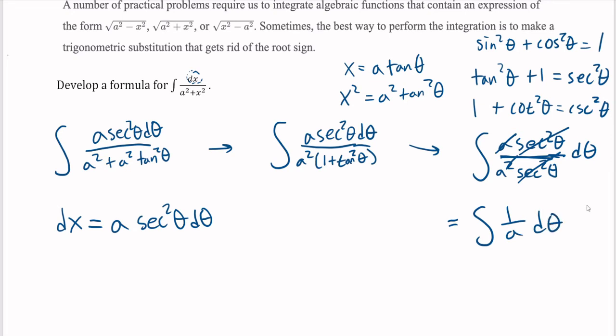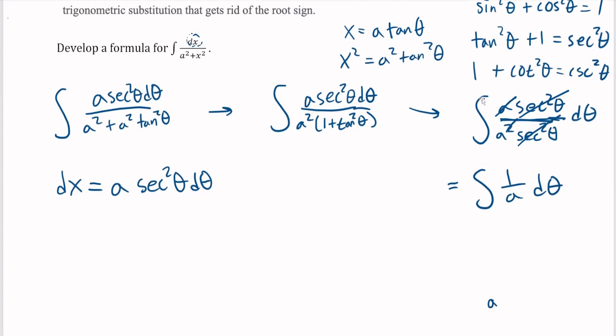Well, that's pretty nice. Okay, well, we're just going to roll with this. It's looking nice, so we're not going to question ourselves. Oh, how'd that little a get down there? Okay, it can just hang out. That's fine. So a is a constant,